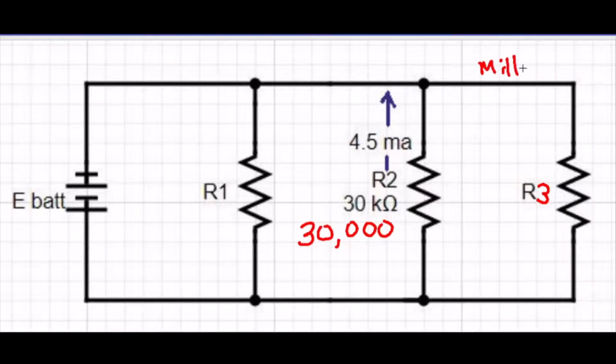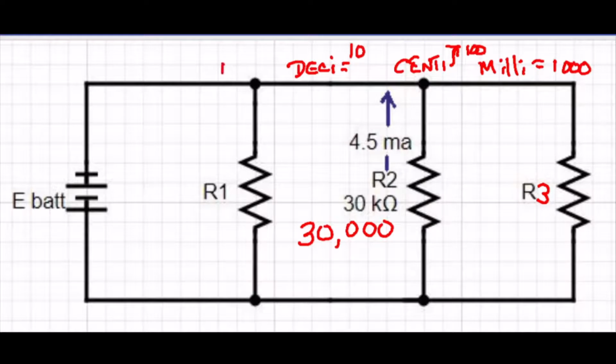milli equals 1,000. Centi equals 100. Deci equals 10, and amps equal amps. Okay? So we're going to translate milliamps into amps, because when we do the math a little bit later, it'll